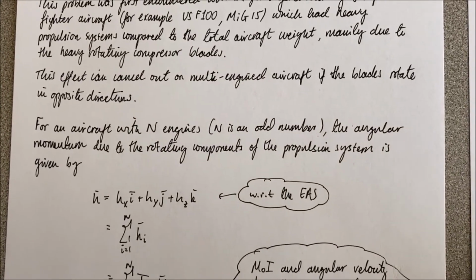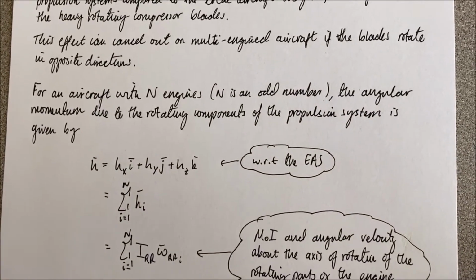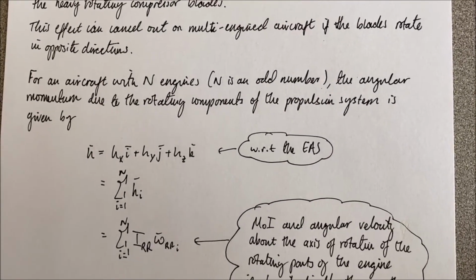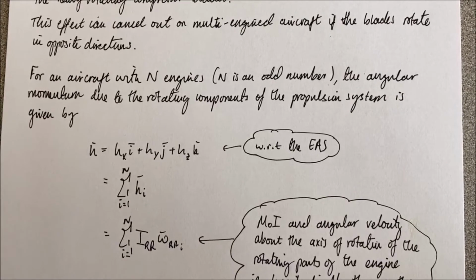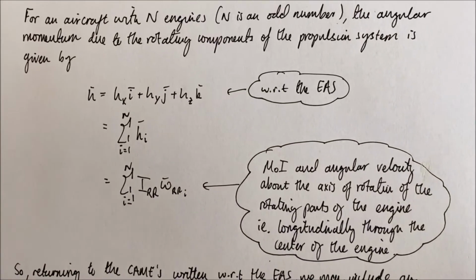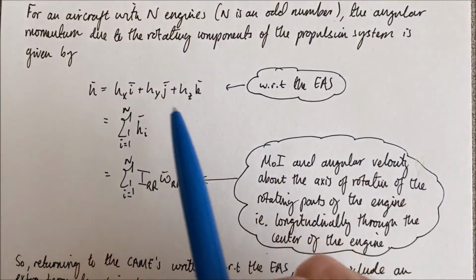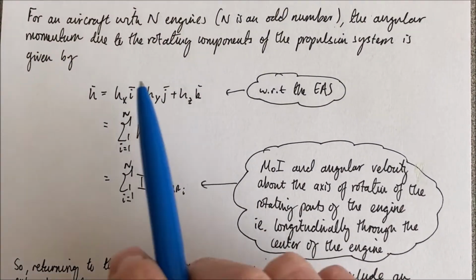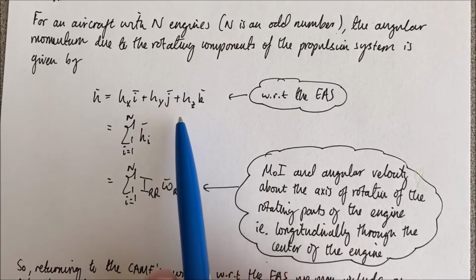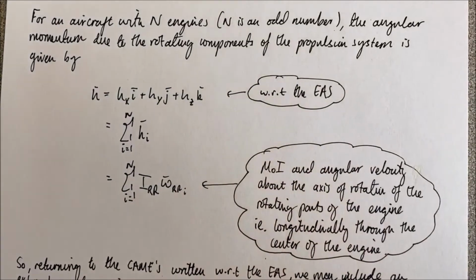However, for an aircraft with an odd number of engines, typically one, right, there is a component of angular momentum due to the rotating components of the propulsion system that we can write as such. So we have components in the X, Y, and Z directions, and this has been written with respect to the Earth axis system initially. So basically that's just the sum of all of the moments of inertia and angular velocities